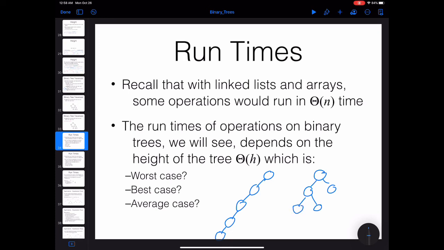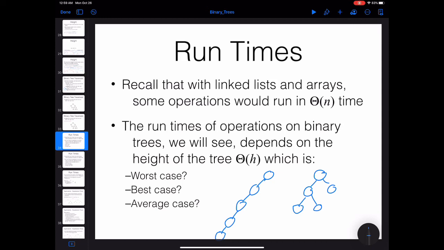Basically, most of the methods, for example, removing an item, adding an item, or searching for an item in your tree, will depend on the height of the tree, the shape of the tree. So that's why it is important for us to discuss what is going to be the maximum height of the tree, what is going to be the minimum height of the tree,